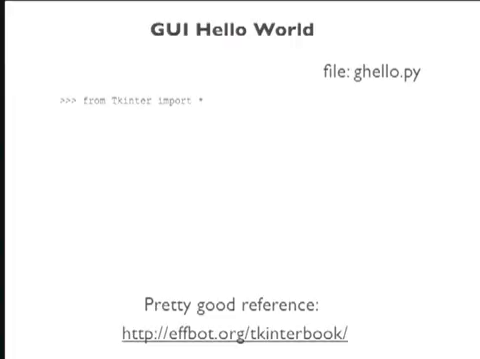We then want to create a root window, and we do that just by calling Tk. And then we're going to add a title to that root, and we're going to say hello question mark. Inside of that, we're going to make a label, and then we're going to